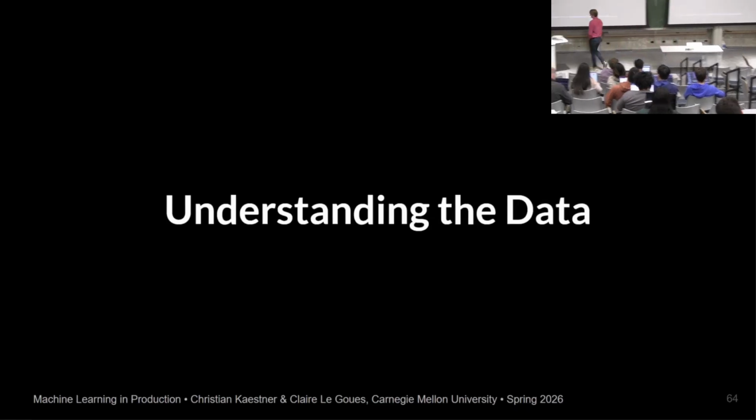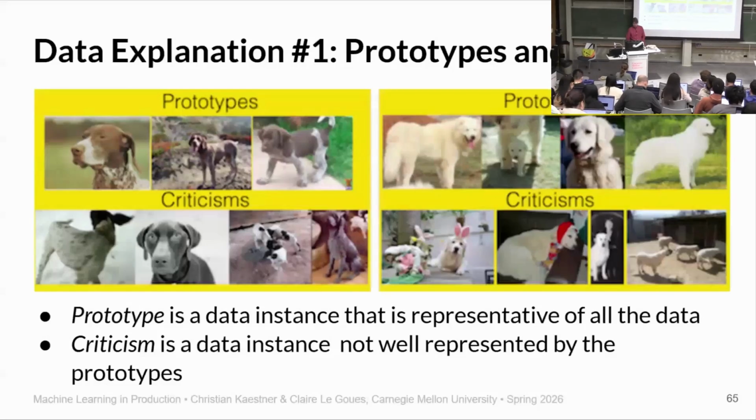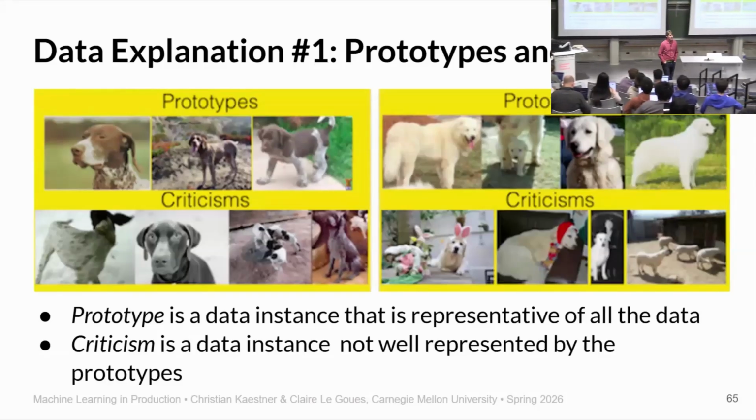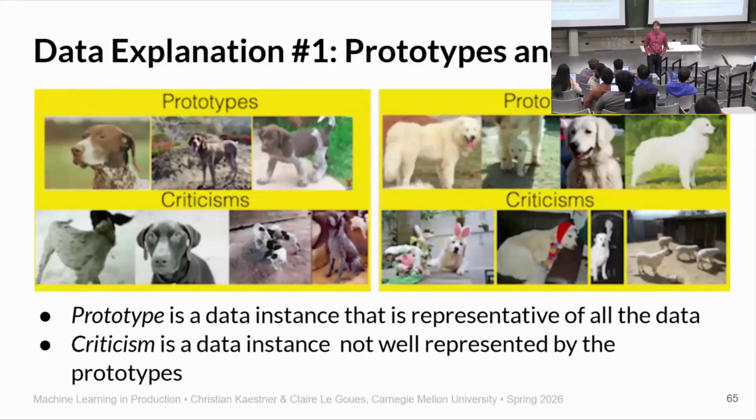A lot of this is fairly straightforward, I think. This, I think, is a pretty nice one. Prototypes and criticisms. You essentially cluster your data. The thing that's in the center of the cluster is like your typical training data, your archetypes, your prototypes of things that you're learning. And the criticisms are the outliers. So those are things that also belong to the cluster but are not that similar to something else. And then you can see, so here's an example,